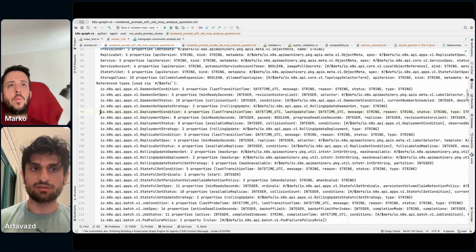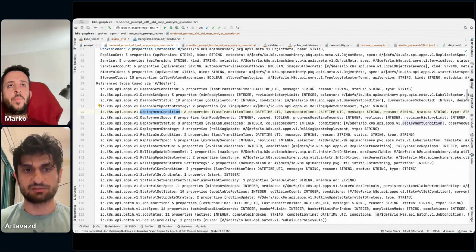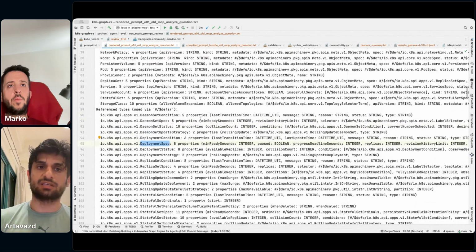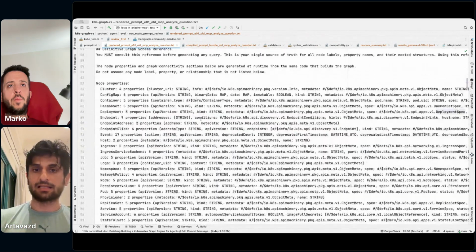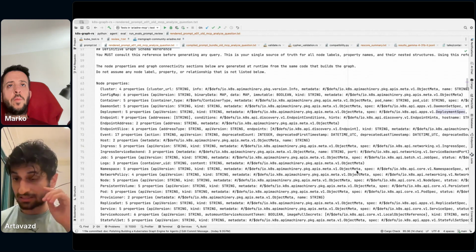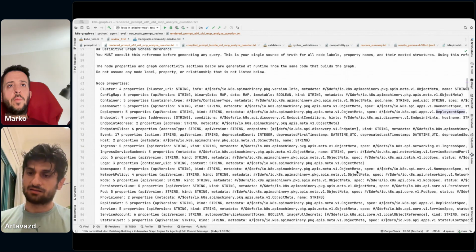This is actually the full package name plus the type name in Golang, or whatever is used to define, for example, the deployment spec. My idea was that LLM has all of this knowledge, plus if I define the full specification of the types that I used, then the LLM will be able to navigate this complexity. So basically, the naming convention, I just followed what is in the Kubernetes space,